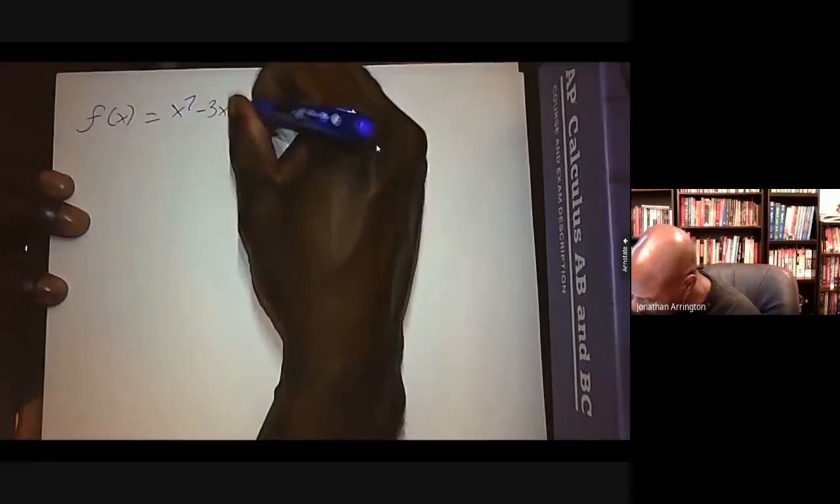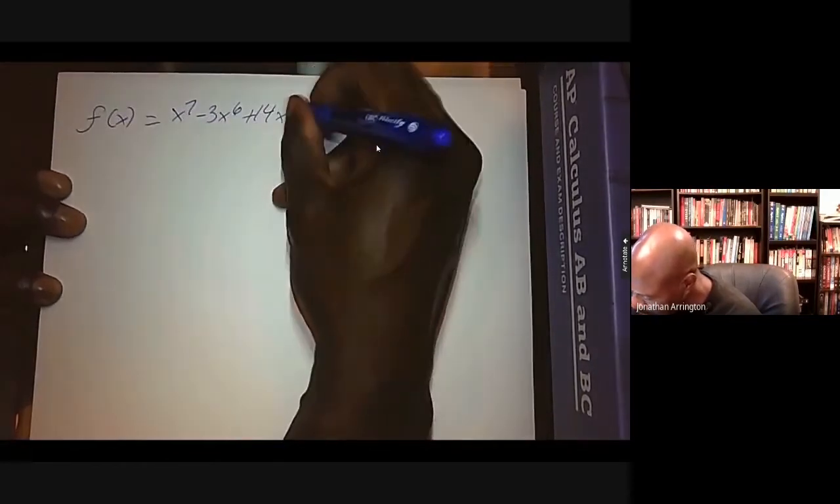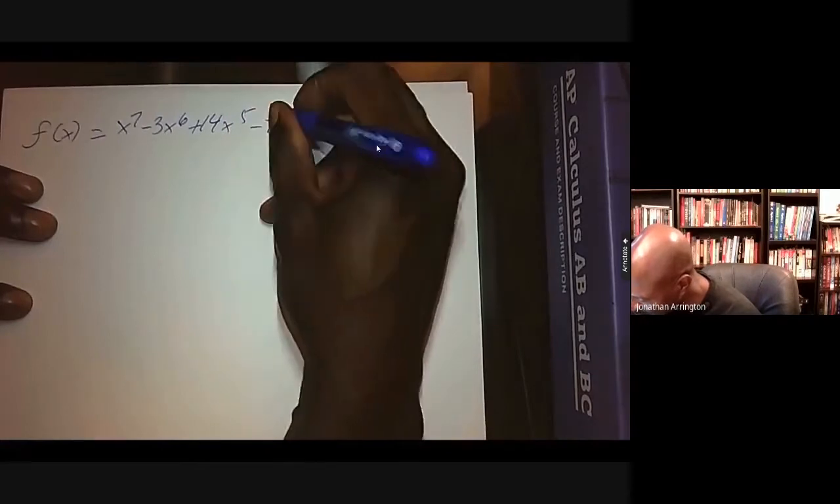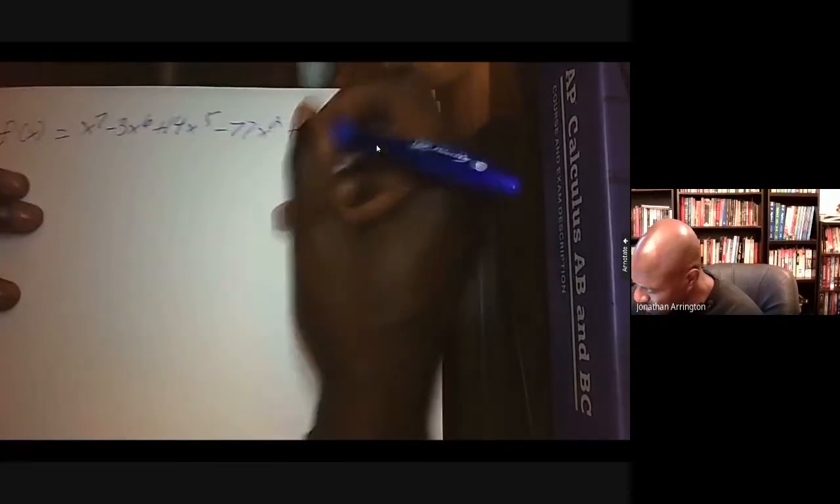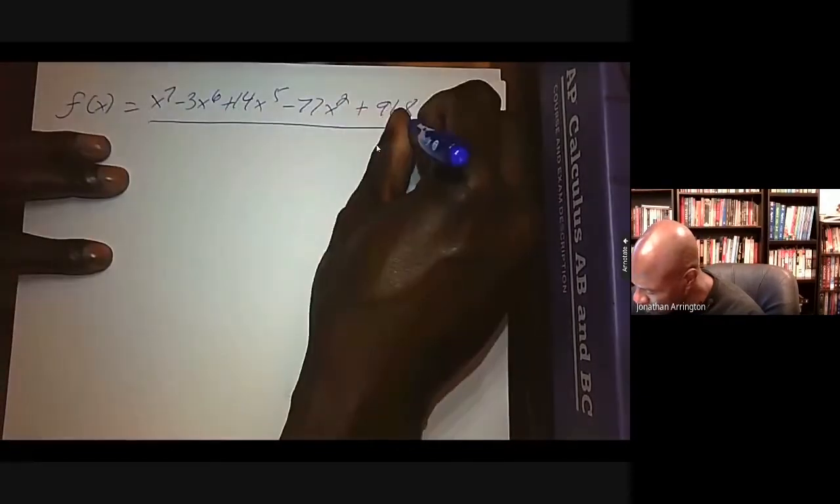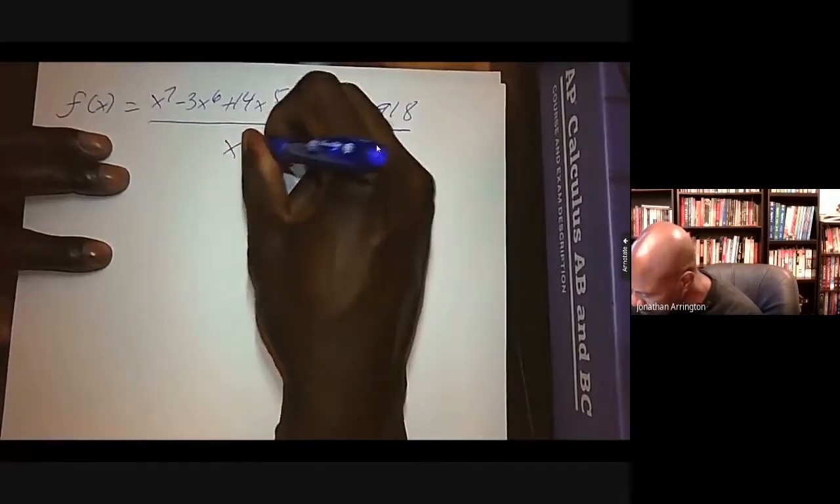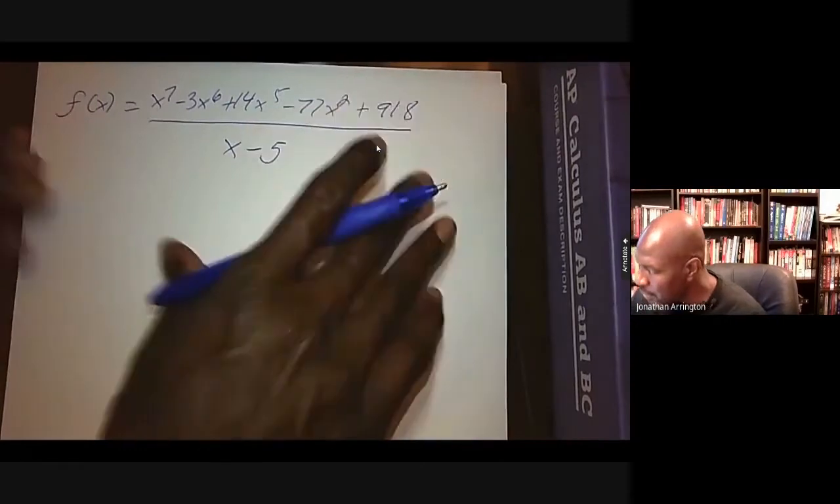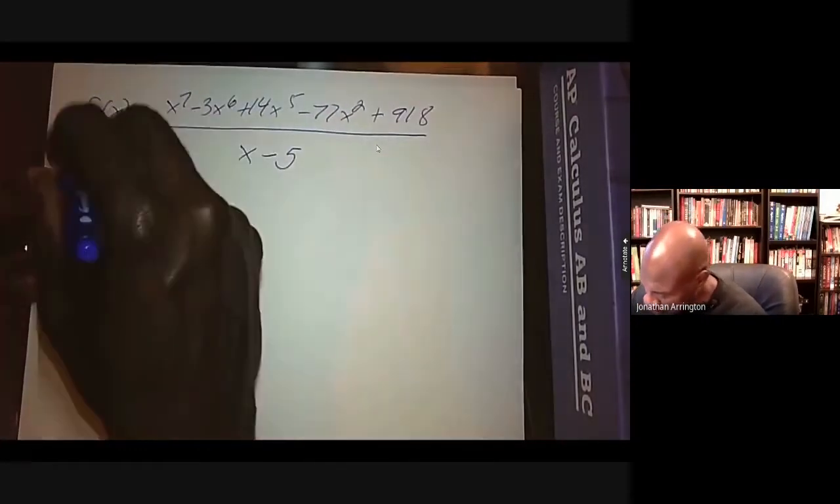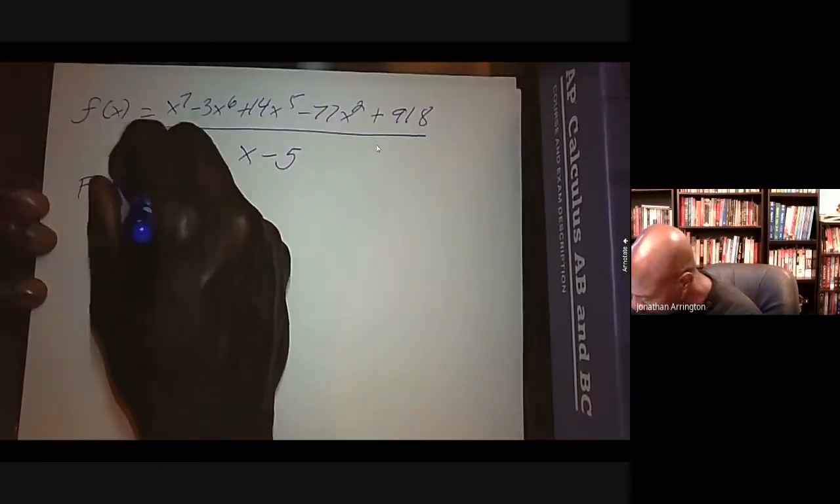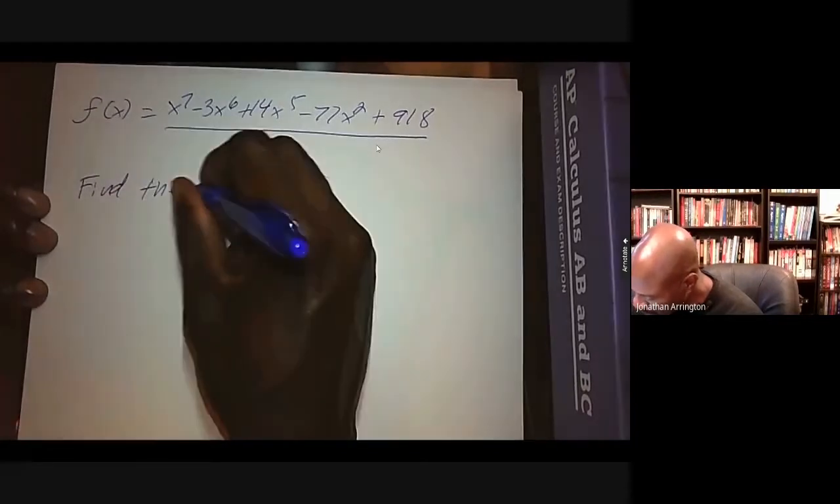So here's some function f of x. Let's say f of x is x to the 7th minus 3x to the 6th plus 14x to the 5th minus 77x squared plus 918, and that's over x minus 5. So there's a function, and we want to find the domain